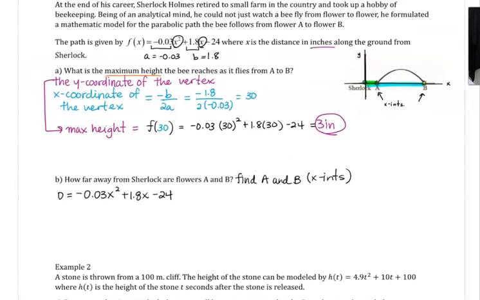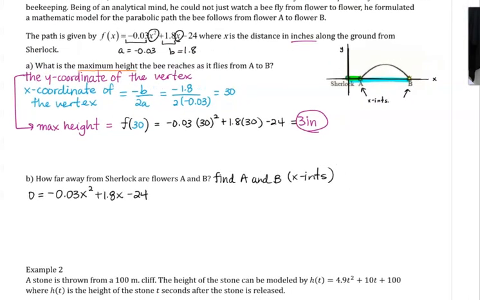Now at this point, the methods that we have discussed for solving a quadratic equation are factoring, quadratic formula and the square root method. When we are solving a quadratic application problem, I have no problem with you just going ahead and applying the quadratic formula. So I'm going to apply the quadratic formula, which says that x is equal to